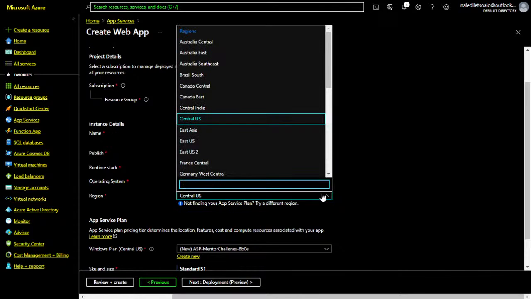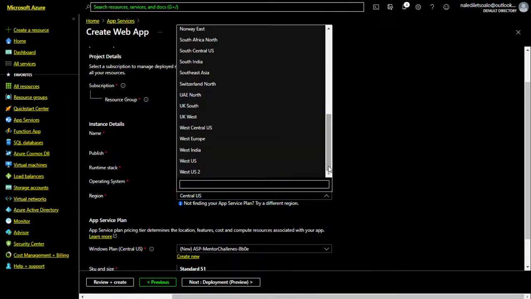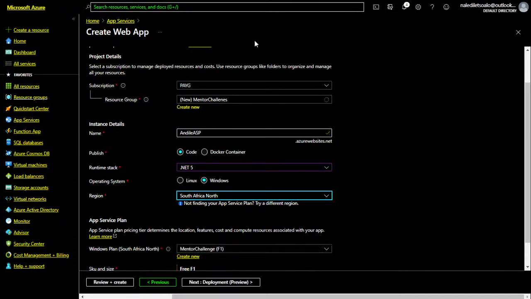Now I'm going to try and keep it local, and I'm going to try and find South Africa North because that's where we are. There is another region, South Africa West, I think. But for app service, there's South Africa North, which is the region which has this service at the moment.